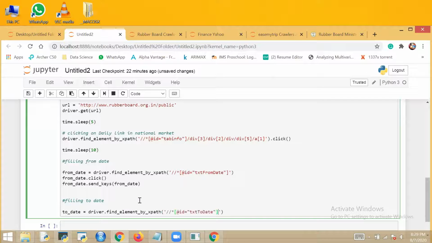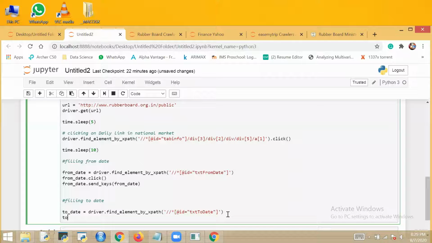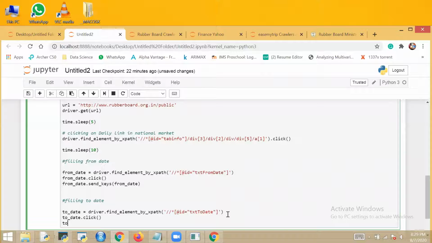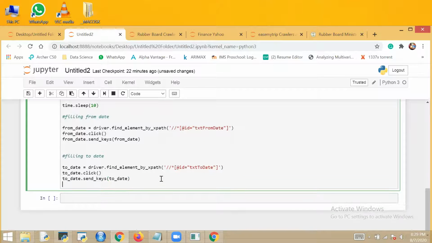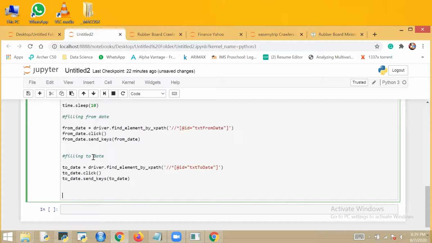Within single quotes, paste this, and to date dot click. Send my to date in that, the to date which I have extracted before. Here you put time dot sleep, else it will go very fast and you won't be able to notice what it is doing.